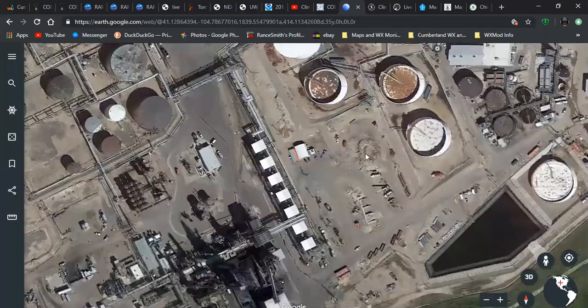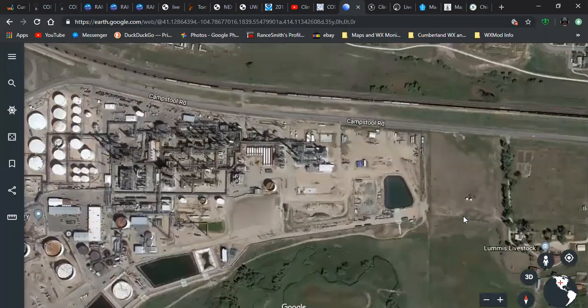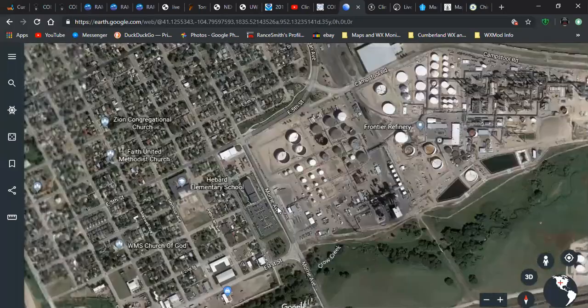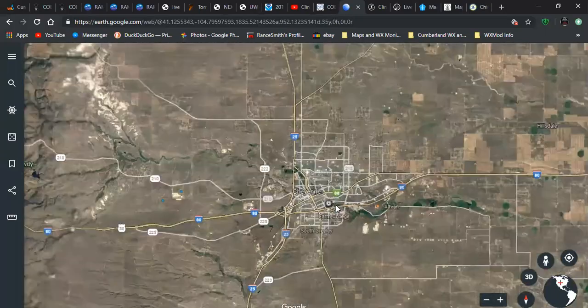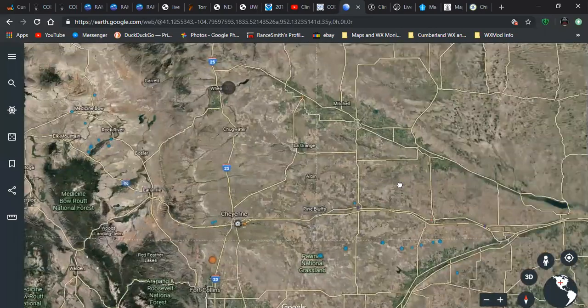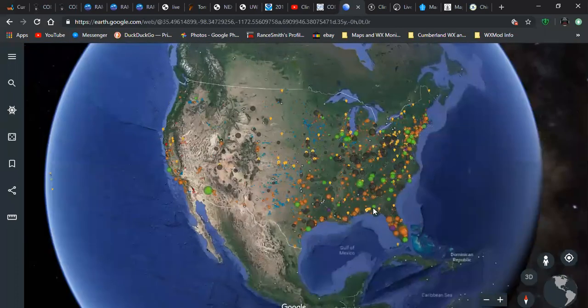I know this place has some somewhere. Usually by the water. Maybe not. But you get my point here. There's all these power plants. Okay. Also, what I have on here